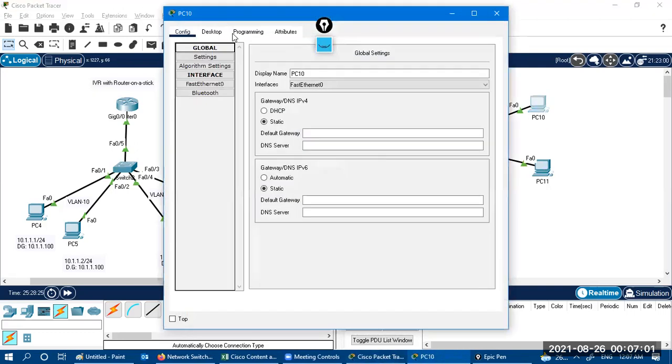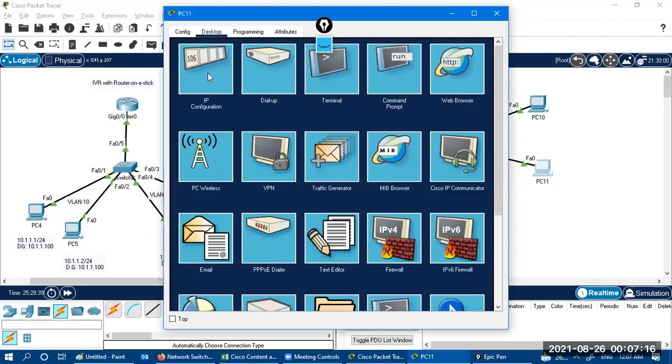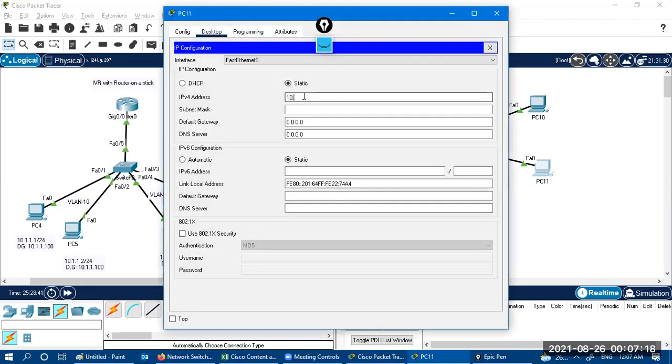In the same manner, 10.1.2.1, 255.255.255.0, 10.1.2.100. Desktop, 10.1.2.2, 255.255.255.0, 10.1.2.100.